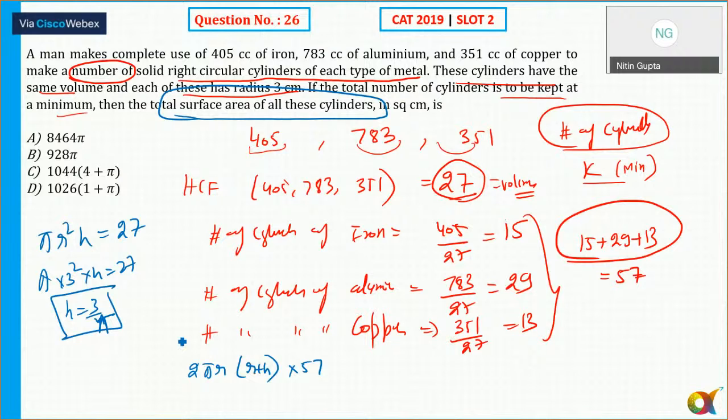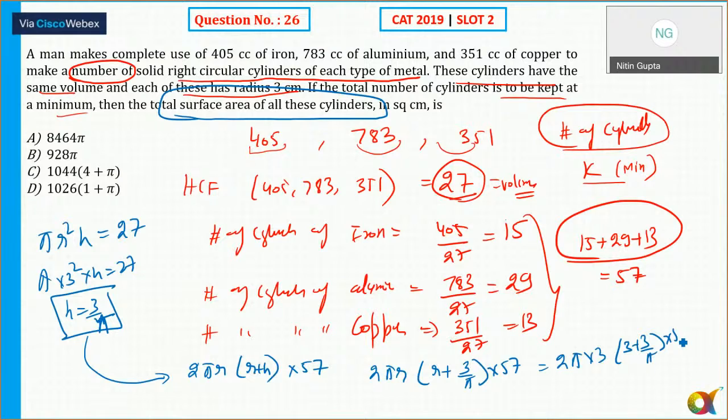So now substitute h here. That will be equal to 2 pi r into r plus h, and r is equal to how much? Solve it. Okay, 1026 into pi plus 1. So the answer is